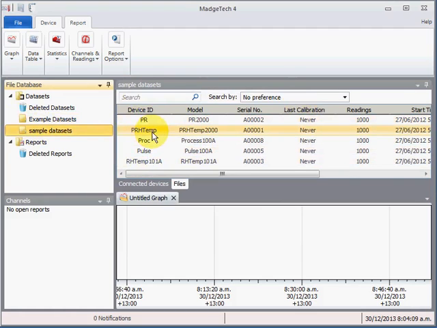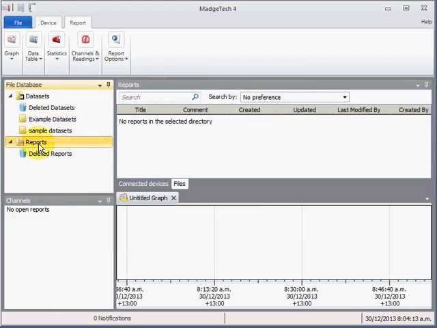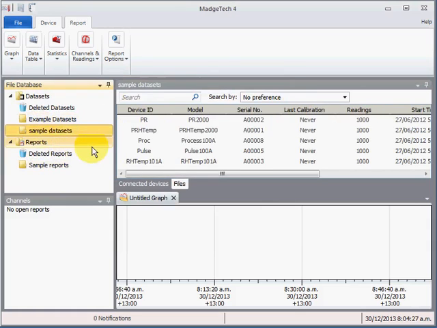The same goes with reports. You can create multiple folders under reports if you want to better organize your system. So we'll call this sample reports. Okay, so we've got in our sample datasheets